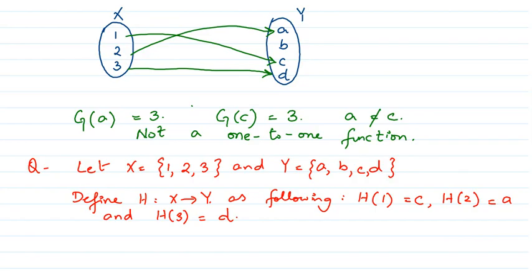So can we say that it is a one-to-one function? Yes, we can. How is the condition being satisfied? Observe that each and every element of x is mapped with a distinct value of y. There are no one or two elements of x that are mapped to a single value of y. Okay? Every mapping is being distinct, so that is why h is an injective function,